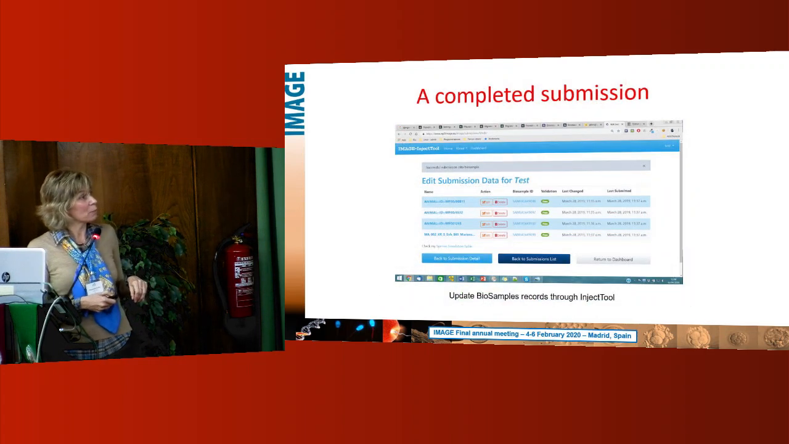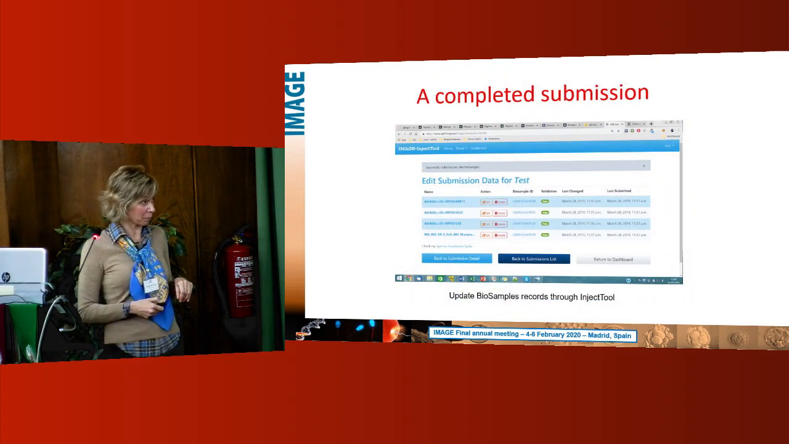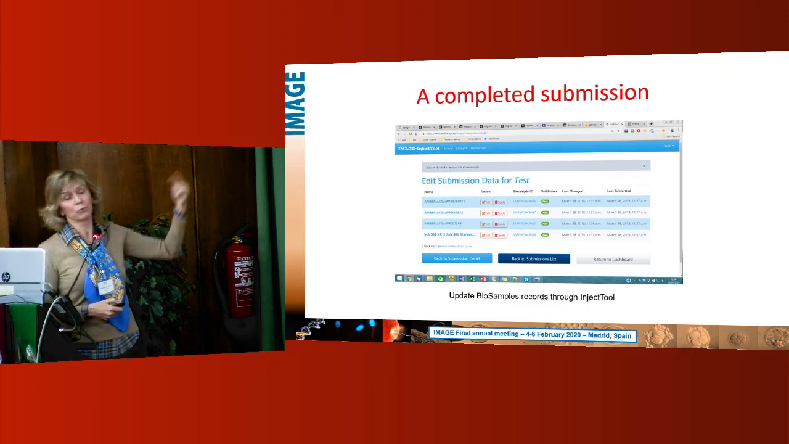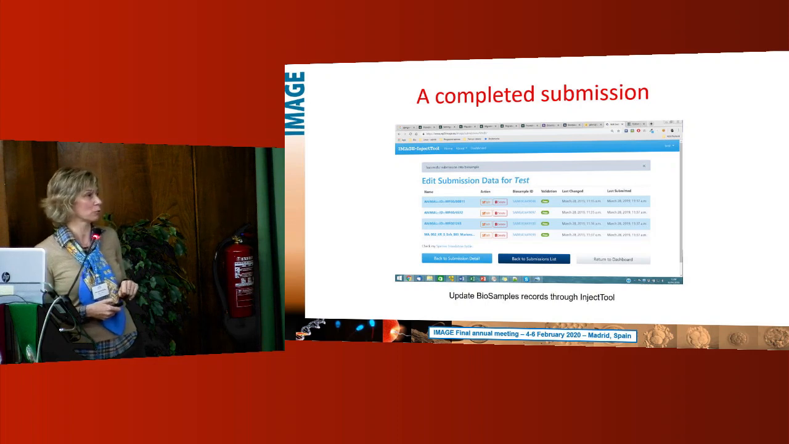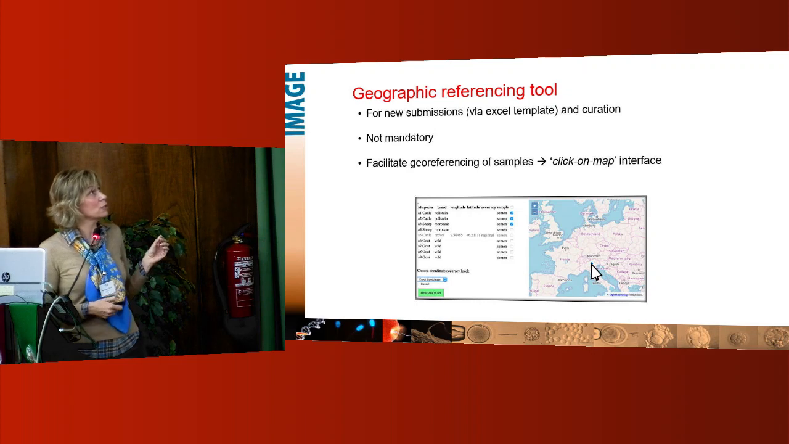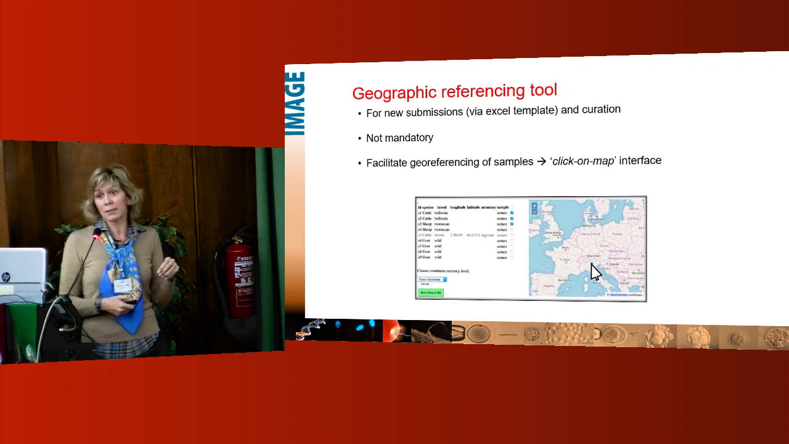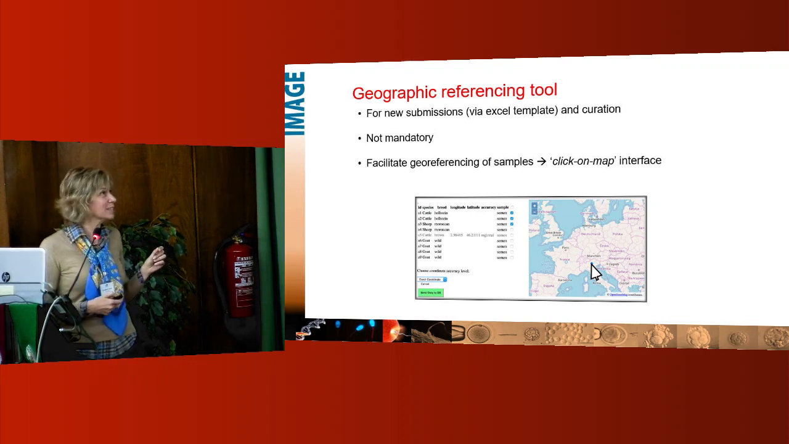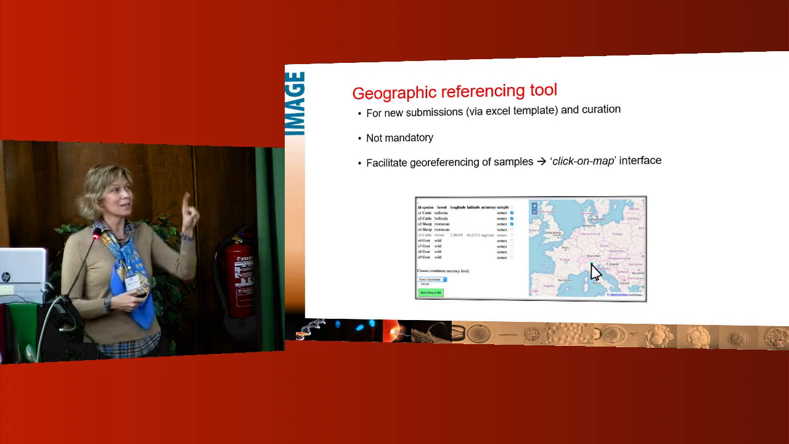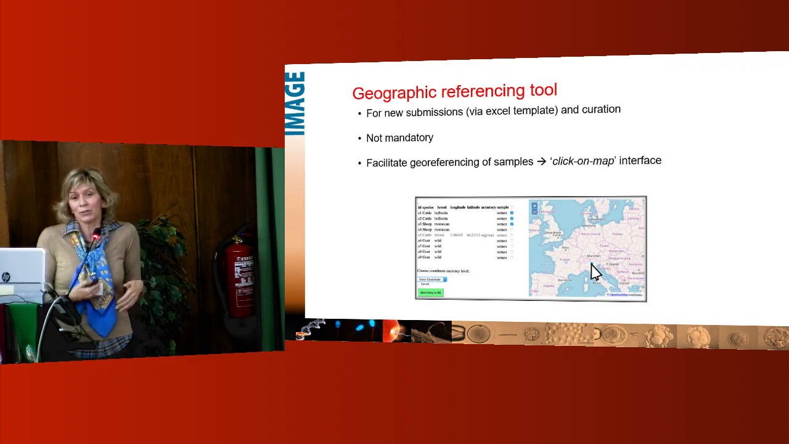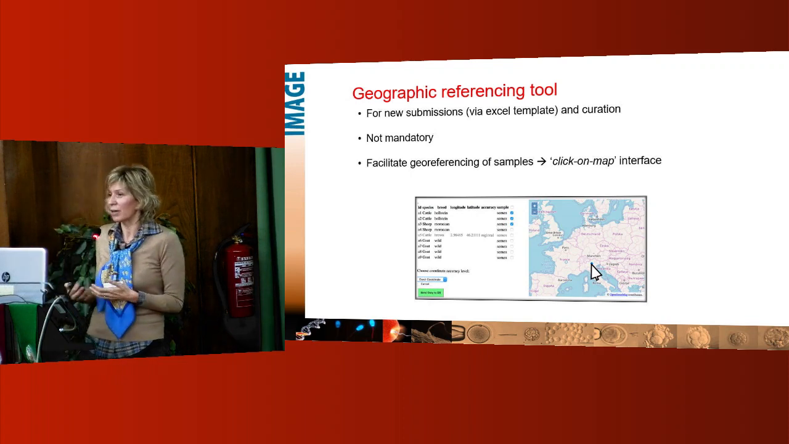And here, like an example of a complete submission, which updates the biosample records directly through the submission to the inject tool. Now, you can use some of the tools that we have developed for new submission also to facilitate georeferencing of the sample. So by simply clicking on the maps, you know, these again, as an incentive